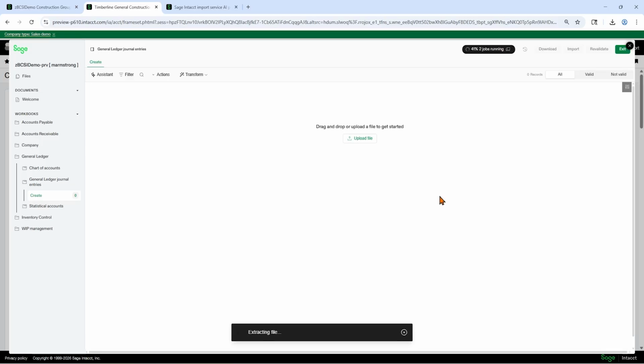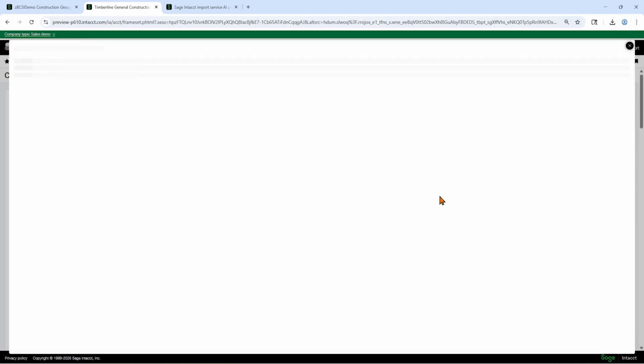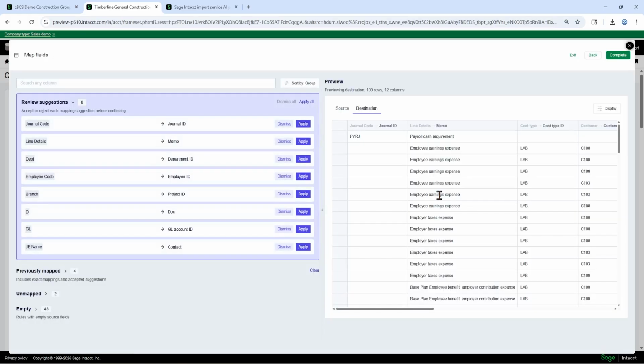It's going to take it a minute to extract it, especially because mine is 2,500 lines long. So it's going to prepare some mapping here. So what it's got on this page, on this preview page, is what it suggests that everything's going to be mapped to.